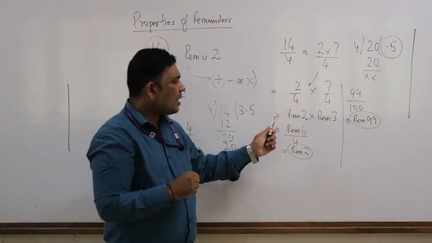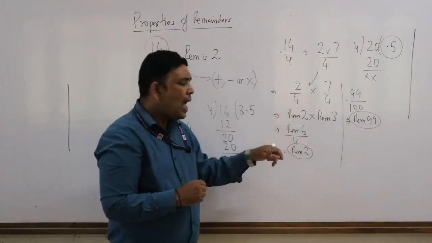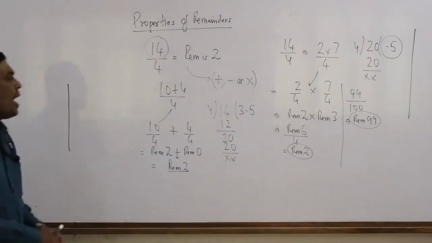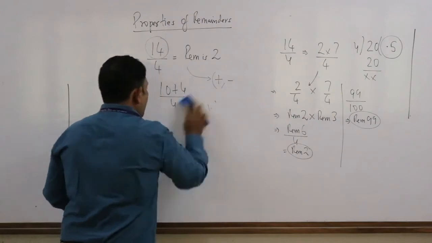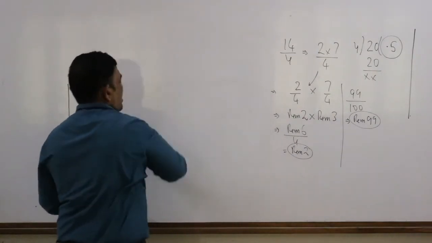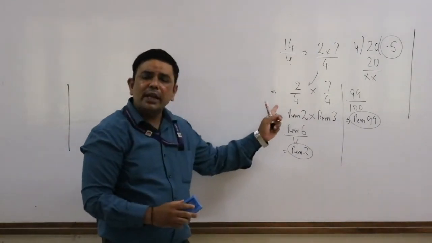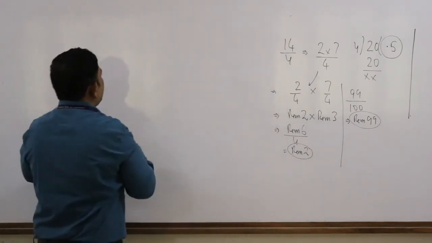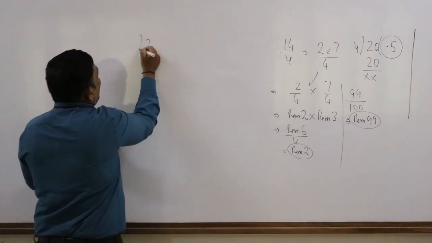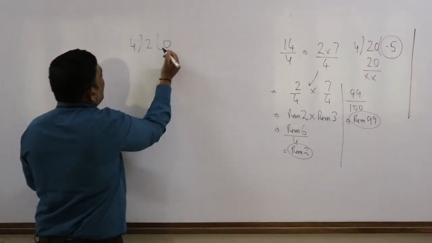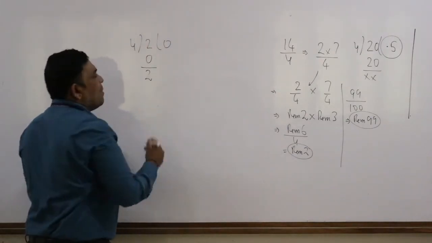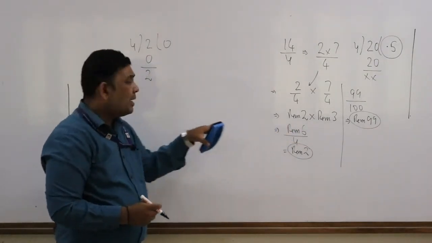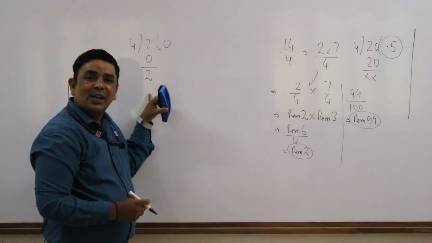Now somebody said, can you actually divide 2 by 4 and still explain that the remainder is going to be 2? Absolutely. So let me run up this part of the code and use it. I'm going to share why the remainder is 2 when 2 is divided by 4. So let us actually divide. When 2 is divided by 4, 0 times is 0 and the remainder is 2. So this is one way. I have already given you the final answer, but this is one way to look at it.